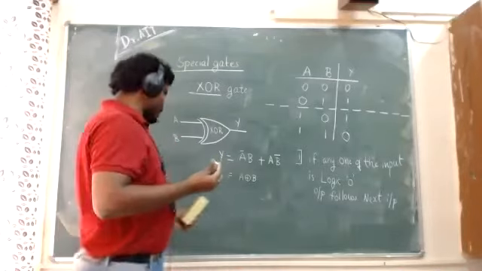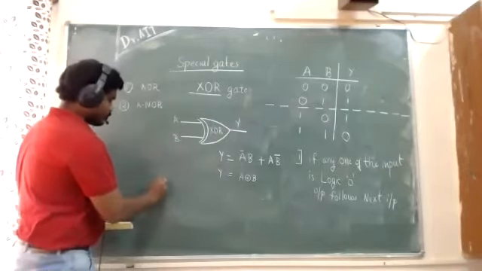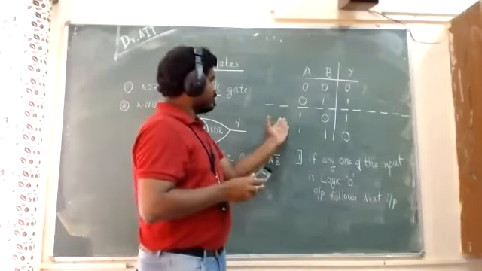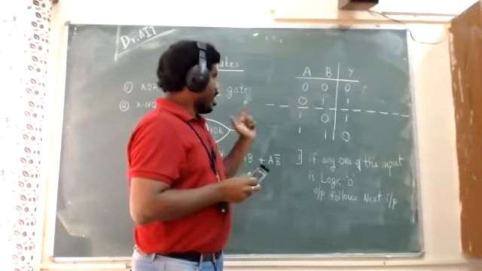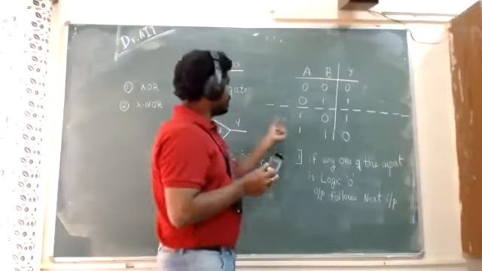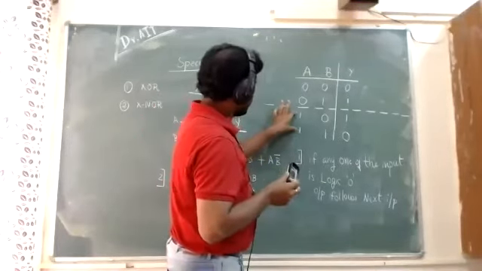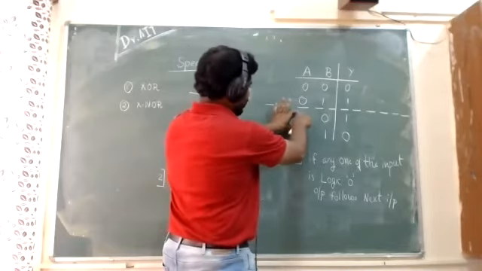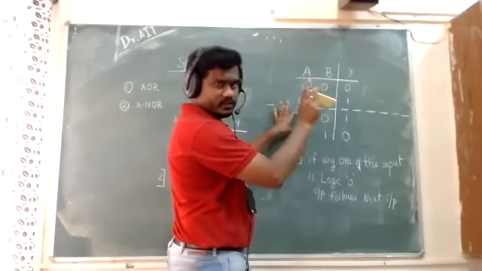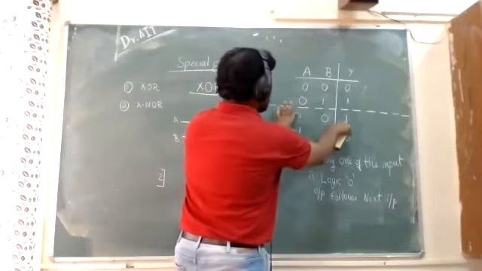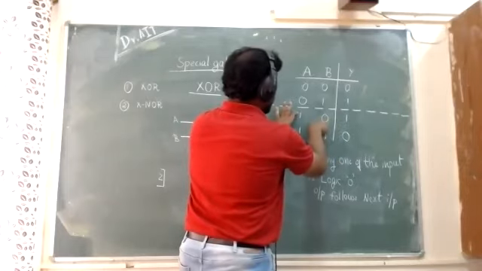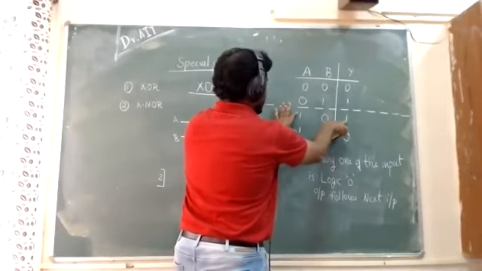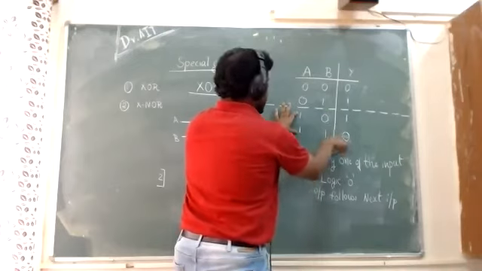And the second special property of the XOR gate is this. To understand it, just take the next block in the truth table. In the next block, I have considered A to be logic high. I am fixing A to logic high and not changing it further. If that is the case, then look at the other input and the output Y. The output is complemented. Here 0 is there and here 1 is there. Here 1 is there and here 0 is there.